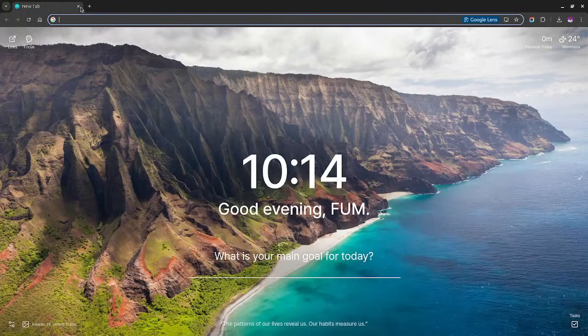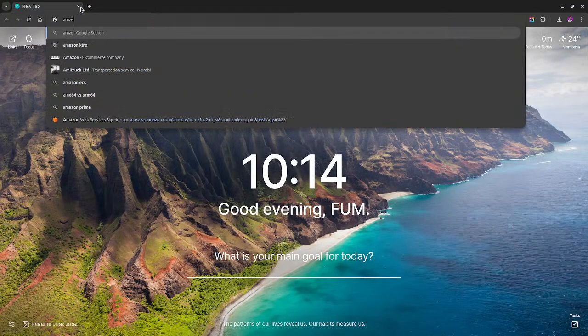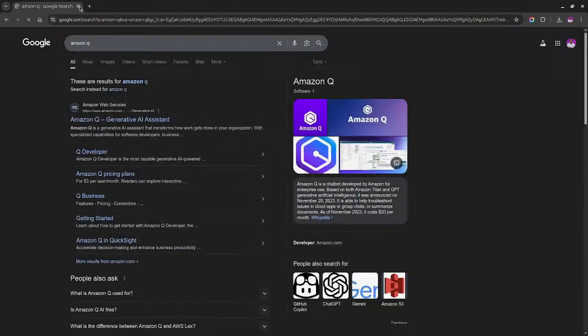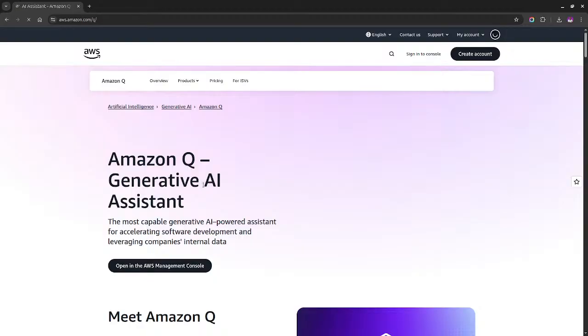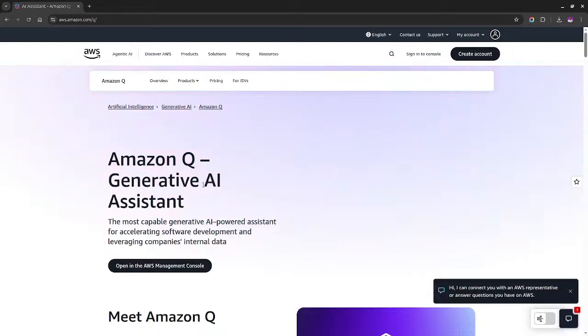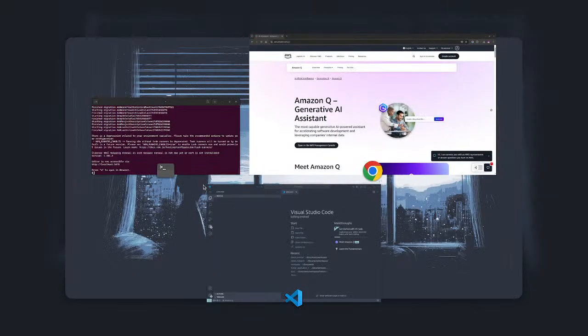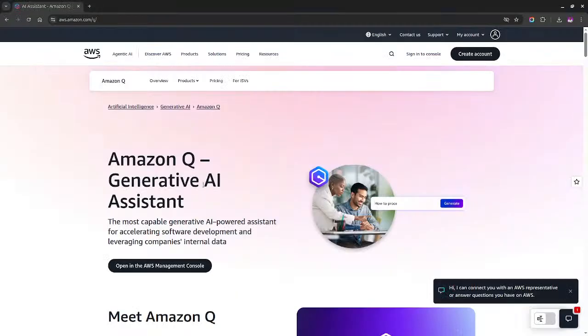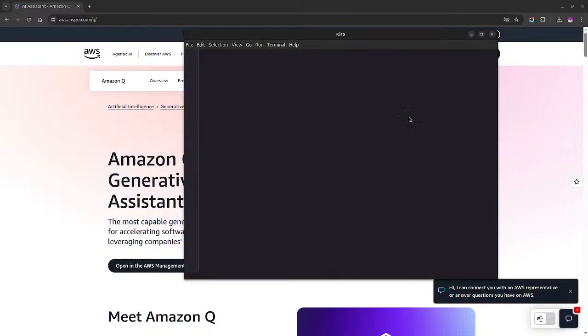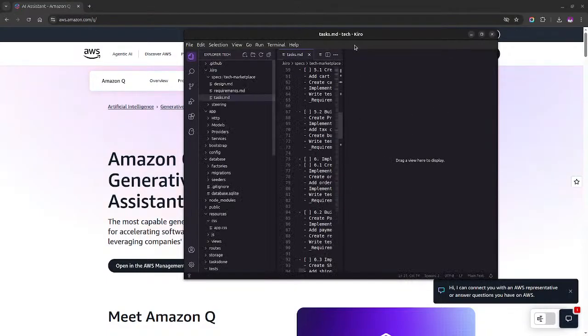Okay, let me close this. Amazon Q. So can Amazon Q literally build something? That's what we are about to test today. And they also have one of the amazing